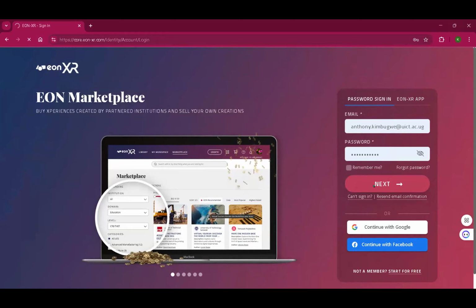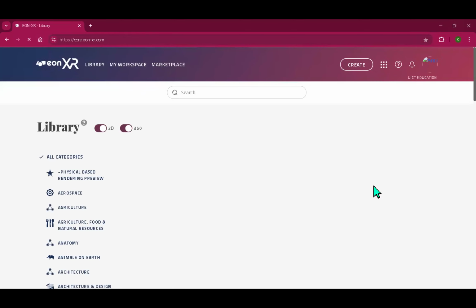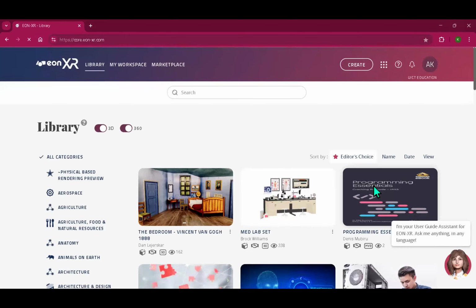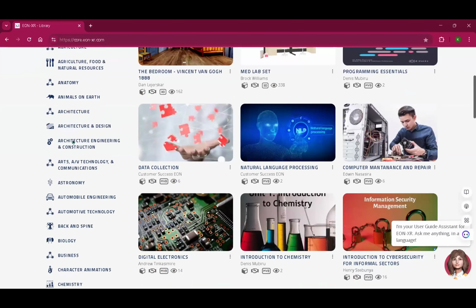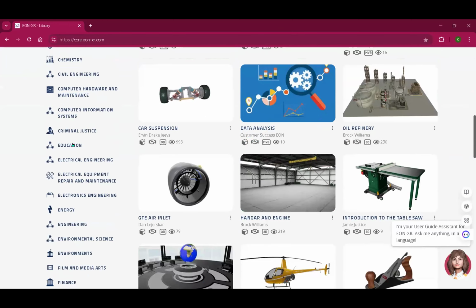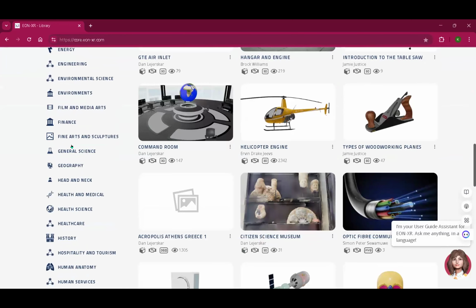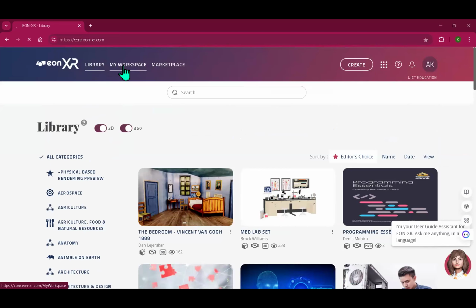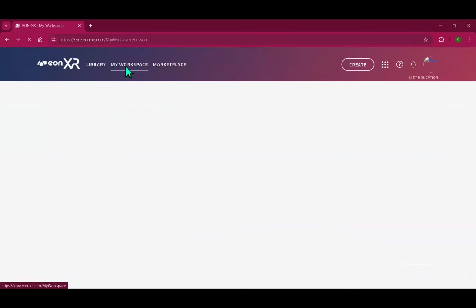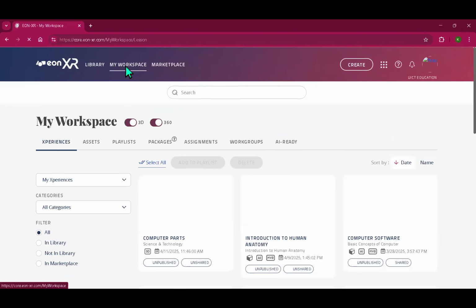With enough administrative rights, you would be able to see a different environment from the free environment. If you had signed in as free, you would see the other area, but now here we are seeing a better environment. Now you have a library, where you pick areas of your interest in terms of teaching and learning. You can see all the attributes are there in teaching and learning. Then the workspace is the area where you put your developed personal experiences, and this is where they sit.